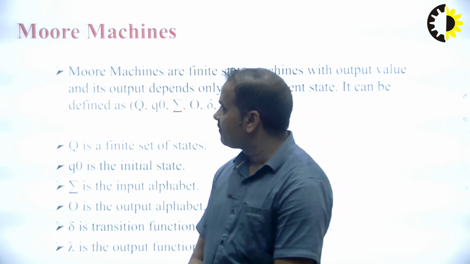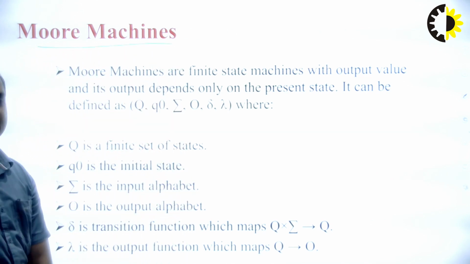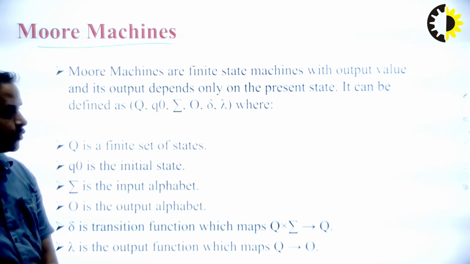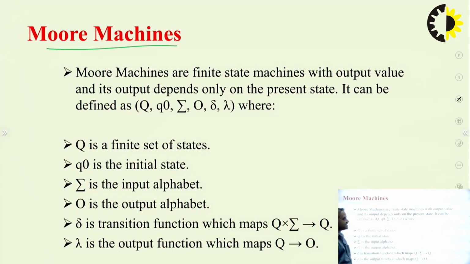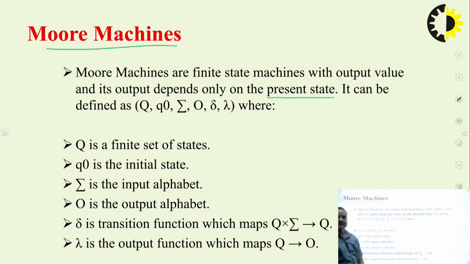This is the definition of Moore machine. Moore machines are finite state machines with output value, and its output depends only on the present state. This is the main point. If we have to design a machine and the output of the machine only depends on the present state, then the machine is called a Moore machine, which can be defined as Q, Q naught, sigma, O, delta and